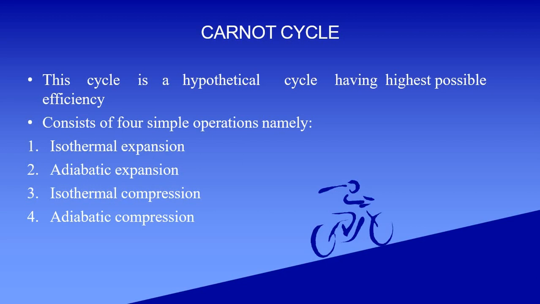So we have studied all these processes. In an isothermal process the temperature remains constant. In adiabatic, entropy remains constant. But it is very difficult to maintain the temperature inside this engine cylinder. So we have to make such an arrangement, and the assumptions we have made in the air standard cycle will help us to achieve this isothermal process and adiabatic process, both compression and expansion.